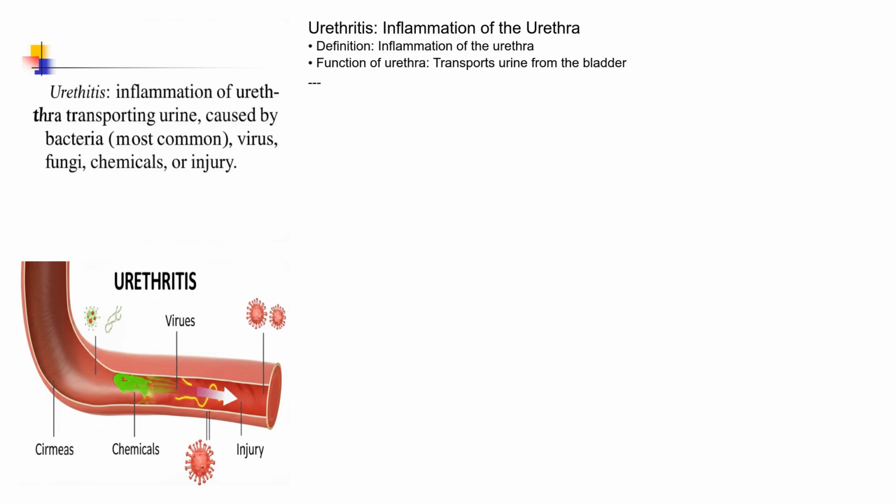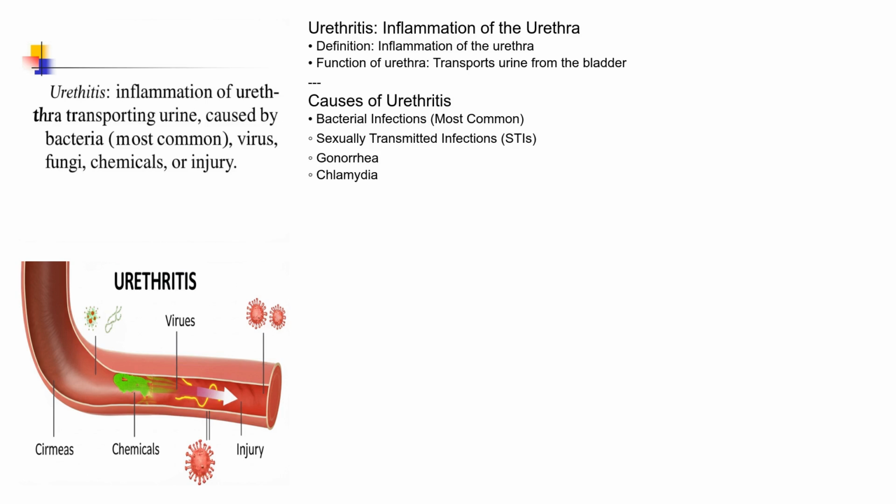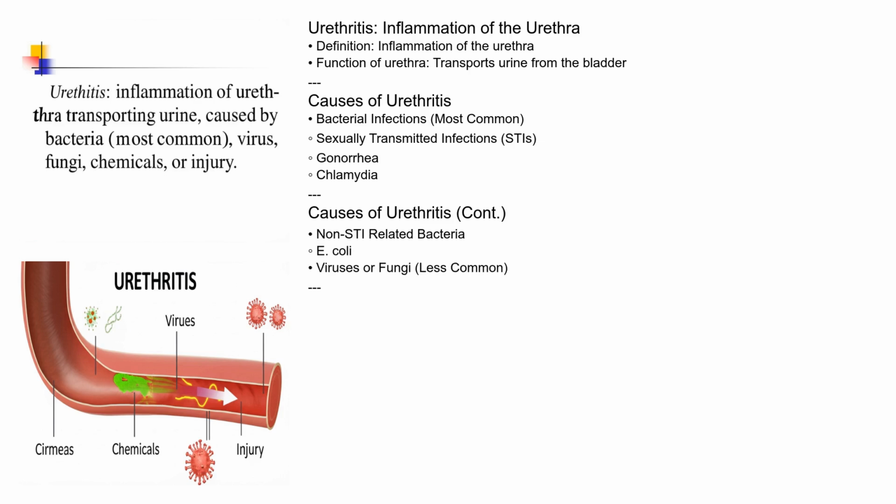outside of the body. But what causes this inflammation? The most frequent culprits are bacterial infections. Sexually transmitted infections or STIs like gonorrhea and chlamydia are prominent causes. However, urethritis can also stem from non-STI related bacteria, such as E. coli, and sometimes even from viruses or fungi. Irritation from chemical irritants, like certain soaps or spermicides, or even injury can also lead to urethritis, although these are